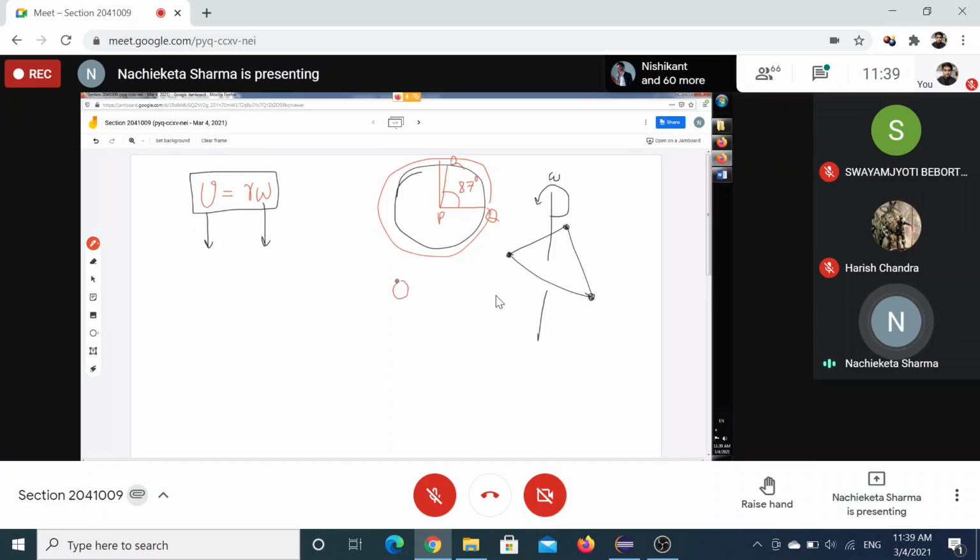Suppose I am a person and I am rotating. Let us say I am rotating. Suppose this is the axis of rotation. It is passing through like this, and I am rotating like this. You see, all my body parts will rotate with the same speed. Suppose these are my eyes, this is my nose, and this is my ear. Then my ear, my eyes, my nose, my mouth, my body, my hand, my leg, all will rotate with the same angular speed. If the angular speed will be different,